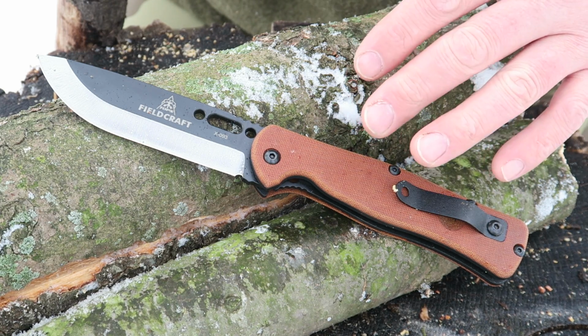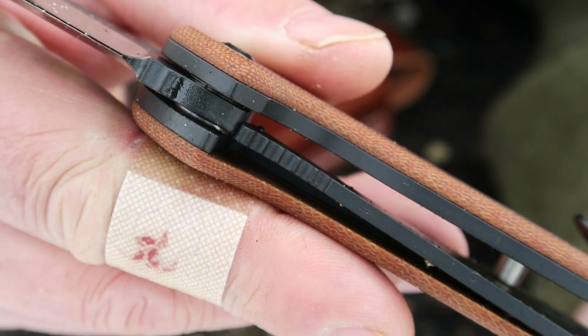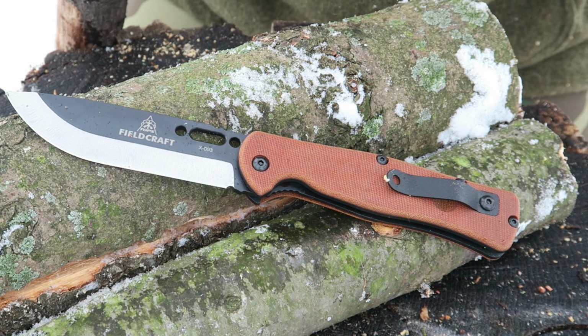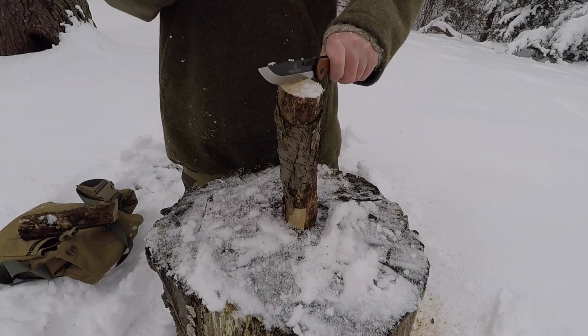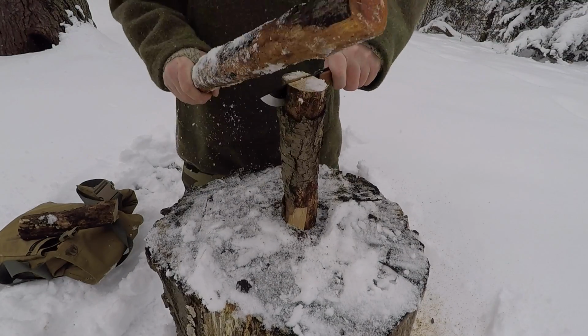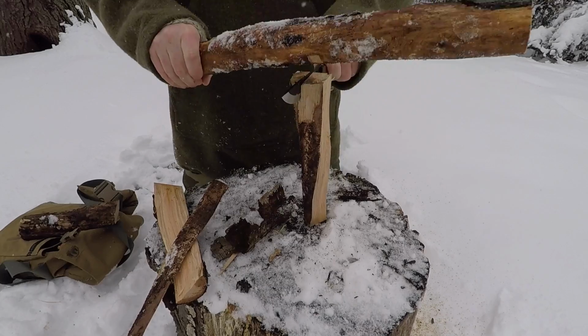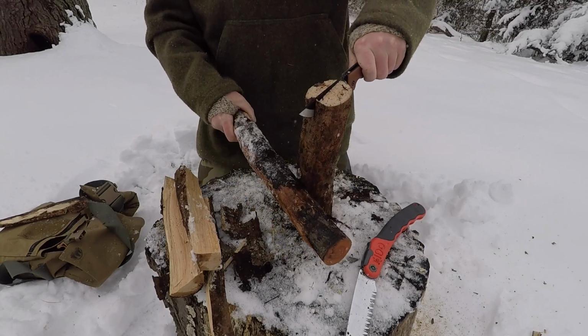Now, the only locking mechanism on the Fieldcraft folder is the stainless liner, and I was batoning with it through some really nasty hard ash, some twisted up ash, and the liner did end up giving way. Now, the stop pin is very rugged. I didn't have any problems with the knife as far as lockup goes on the stop pin side, but the liner did give out, and then in my stupidity,